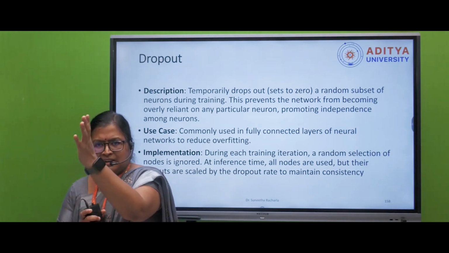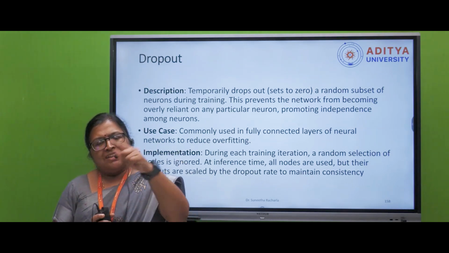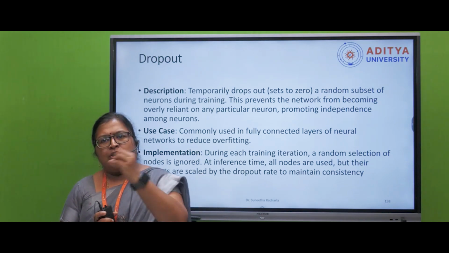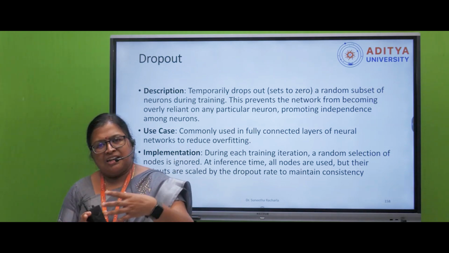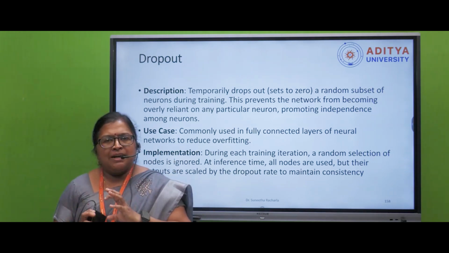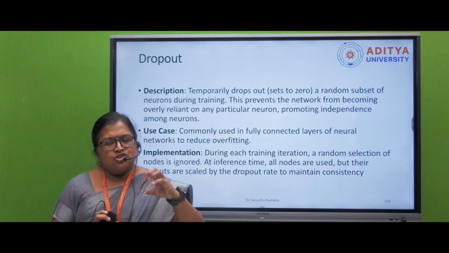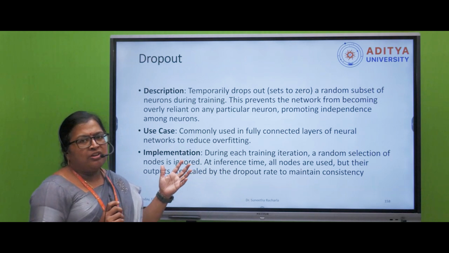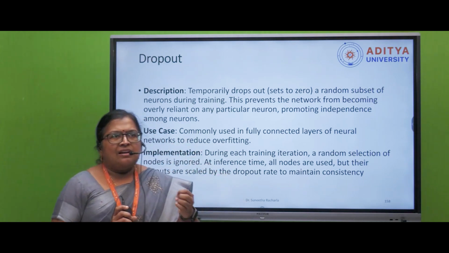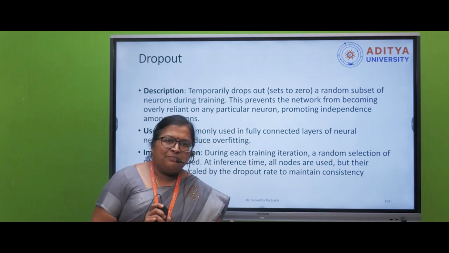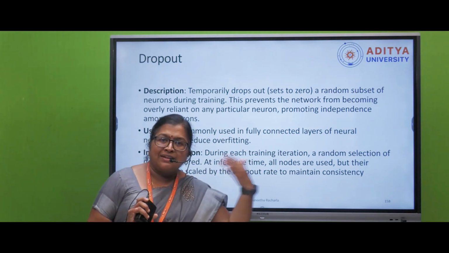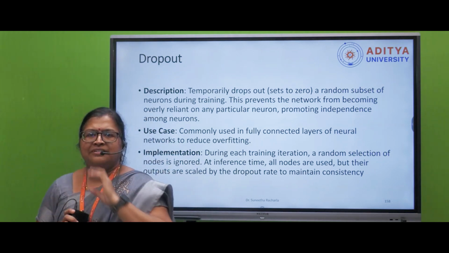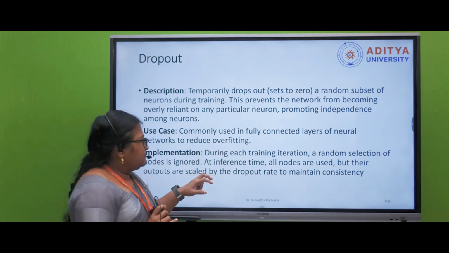So at the final layer, all the participants will have equal capacity and equal strength to participate in building the algorithm, in modeling, or in training. Whatever the process in that modeling may be, at the final stage all the nodes should have equal participation. That is the main aim of dropout regularization. By doing this, there won't be any overfitting of data or any more noise. Every node will have the same consistency after a particular time. That is the main aim of dropout.